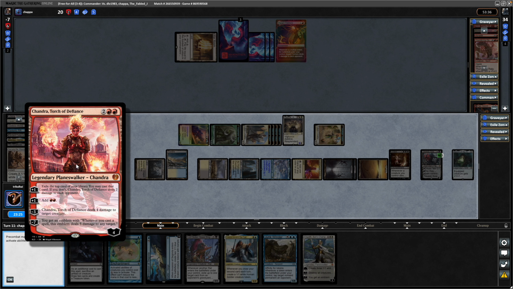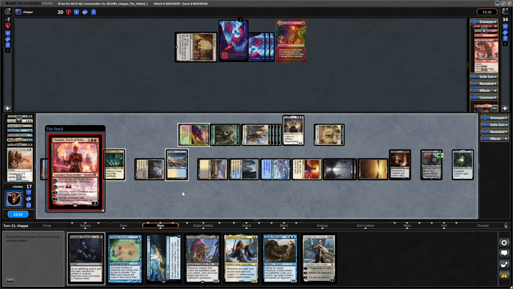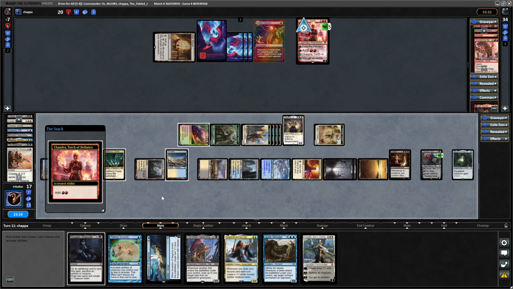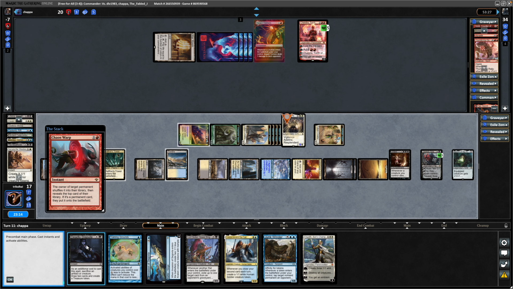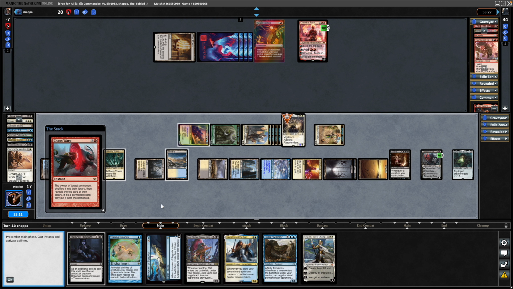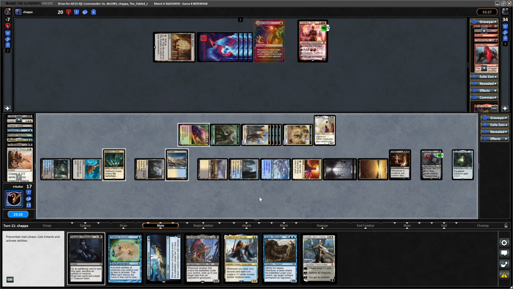Chandra, Torch of Defiance, is going to be able to do 4 damage to something. Probably the Adeline. Instead just adding some red mana. Maybe trying to distract us with that and buy another turn. No, that is a Chaos Warp. Yeah, we could go Deadly Dispute onto that, but let's see what we get into. It's probably just a land, it usually is. Be funny if it was something...